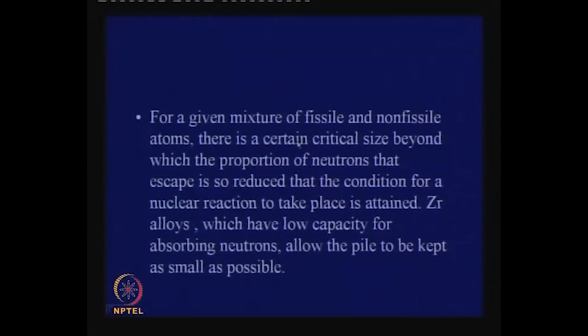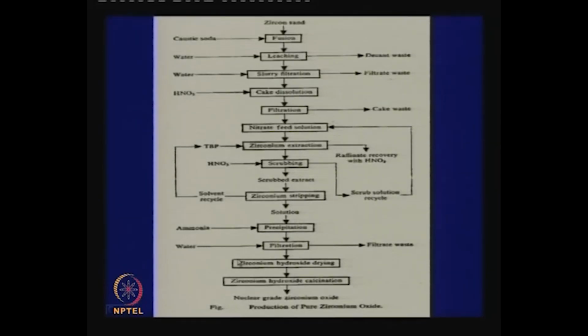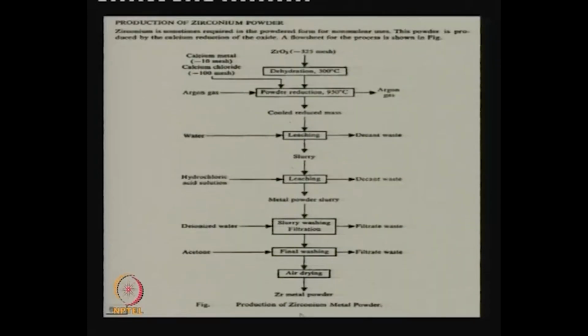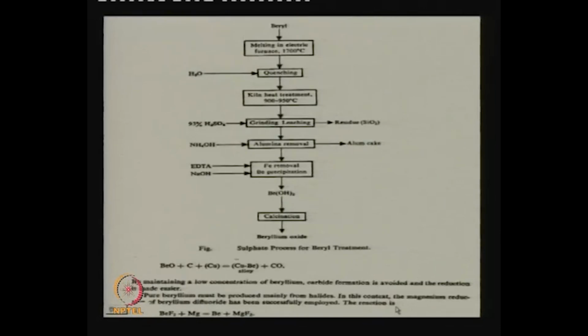For a given mixture of fissile and non-fissile atoms, there is a certain critical size beyond which the proportion of neutrons that escape is so reduced that the condition for a nuclear reaction to take place is attained. Zirconium alloys, which have low capacity for absorbing neutrons, allow the pile to be kept as small as possible. I have given flow sheets for production of zirconium oxide from zircon, production of zirconium sponge and reduction of powder,